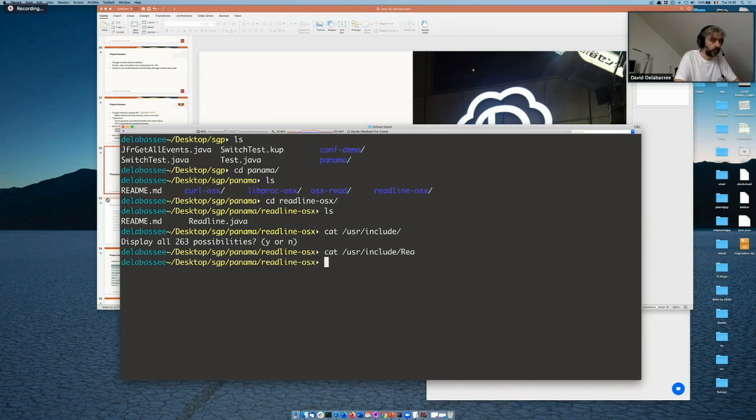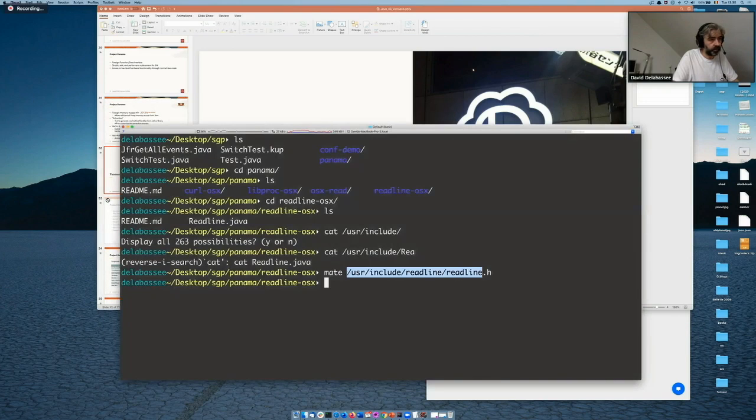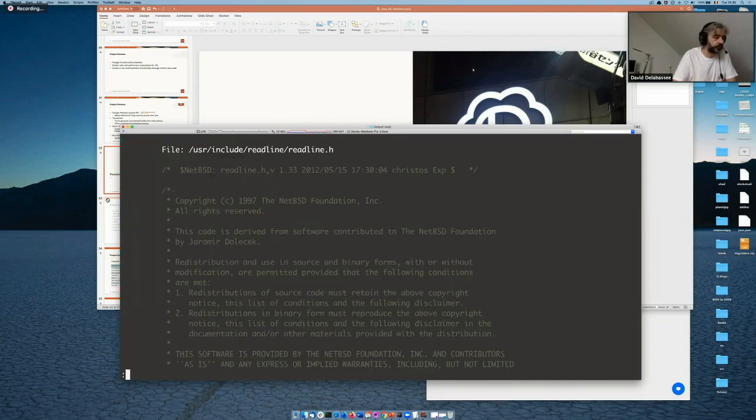I forget the name, sorry, let me check. Okay, this. Oh, sorry, too small. No, it's readline. So this is a header file that is part of OS 6.